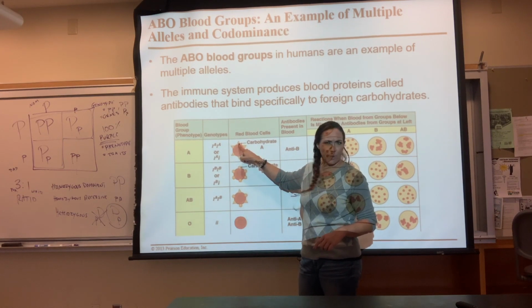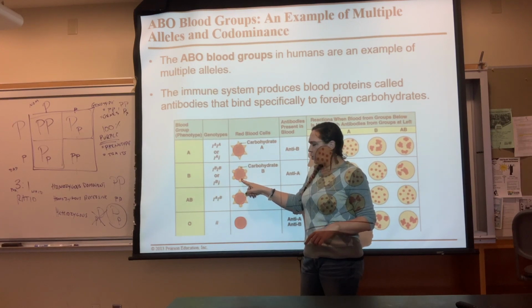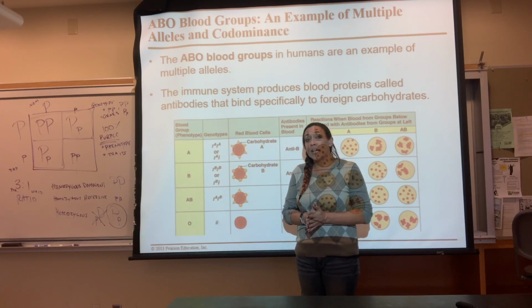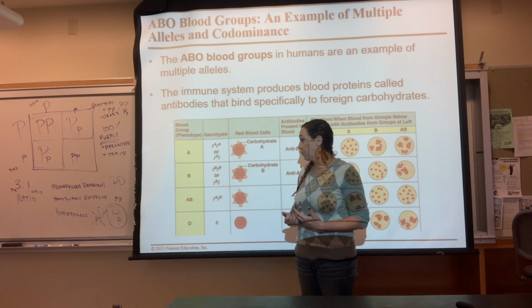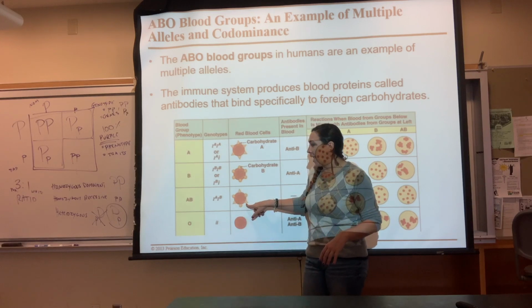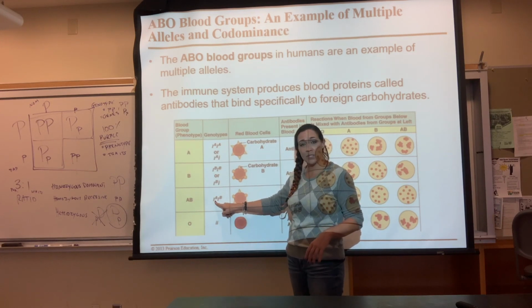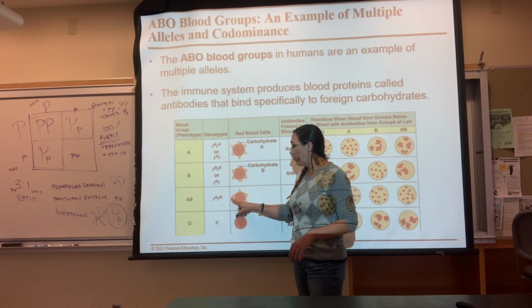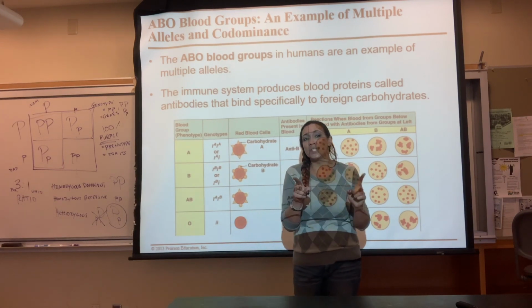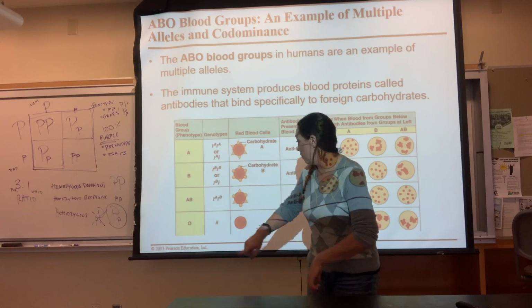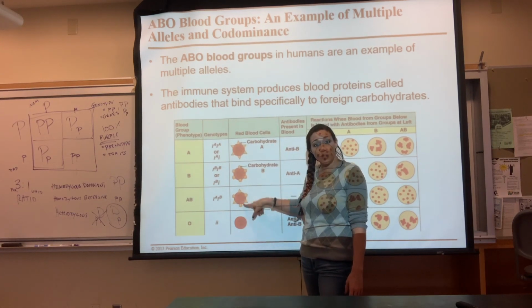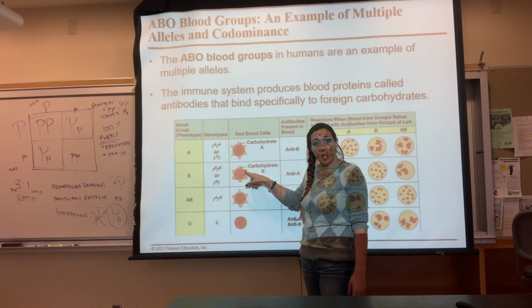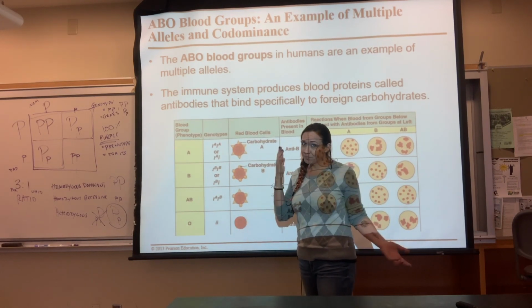It goes, look, I'm used to these markers. I don't know what these markers are, which means I don't recognize you, and it's going to actually start fighting off that blood as if it were a foreign invader, which is why you have to get a blood transfusion from somebody who has the same blood type as you. Okay, now if you are type AB, meaning one of your alleles was A and one of them was B, you have both markers, which means you can receive blood from type A because you have the marker which recognizes it, or you can receive from type B because you also have that marker that recognizes it. So you can actually get from anybody.